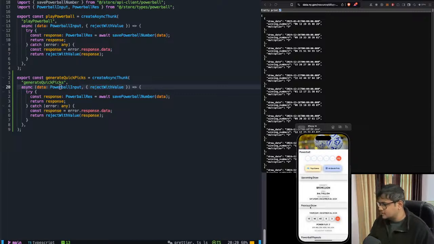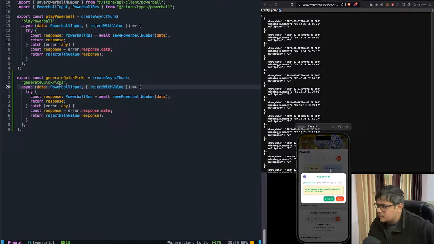Yeah, that's what I'm doing. So what I'm doing currently is, if I click on this generate button, I'm thinking of, like, I have an entire data set over here. I have a very big list of